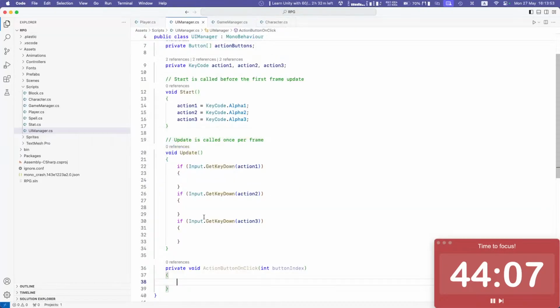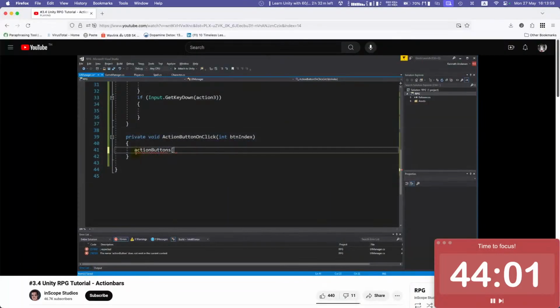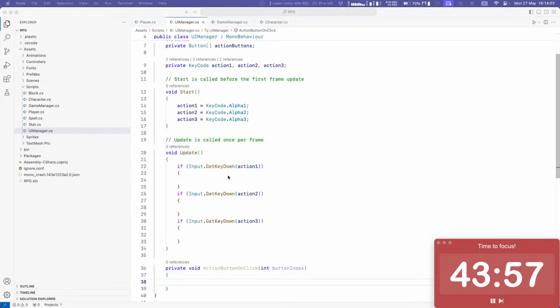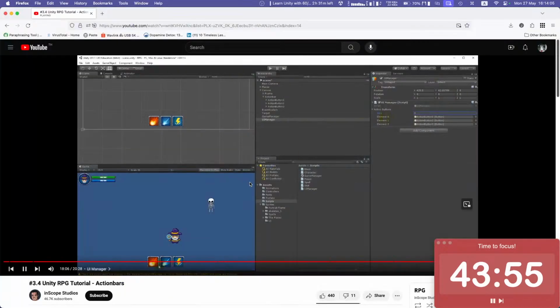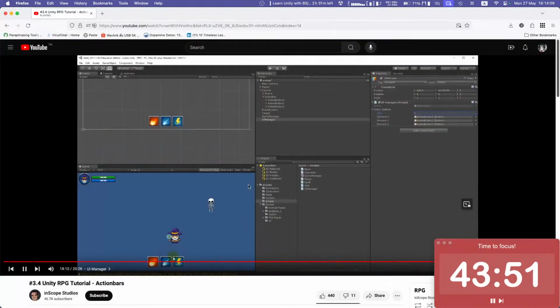So that means I can go in here and say action buttons index, button index. So this is the button index. If we get 0, we should click the fireball button. If we get 1, we click the first and